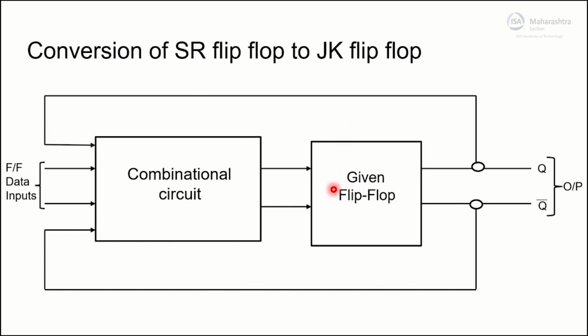This is the general model for flip-flop conversion in which you always draw the available or given flip-flop, and according to the simplified expression, you draw gates to connect to the outputs. You will always have the data inputs of the desired flip-flop. Example, if JK flip-flop is our desired flip-flop, so J and K will be the data inputs. Use symbols of flip-flops when drawing.